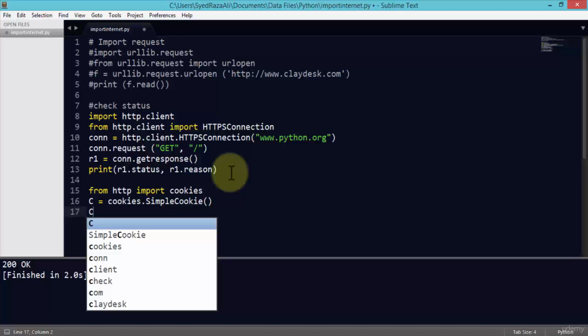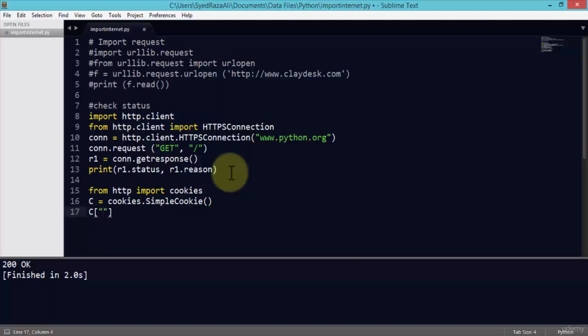So it'll be C, let's say fig equals, I'm going to say Newton, and then I'm going to set another one, and this one is going to be sugar, and this would equal cone. Great. Print it out,